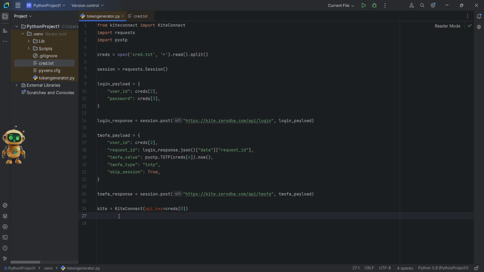We will use the session object and call the get method with the kite login URL. We will save the output to response.